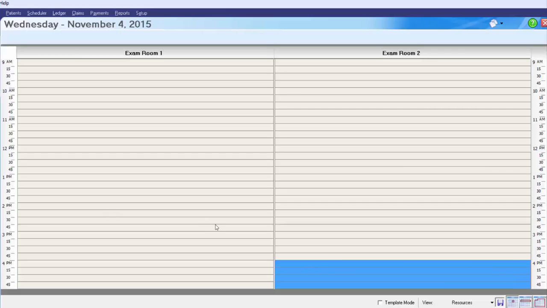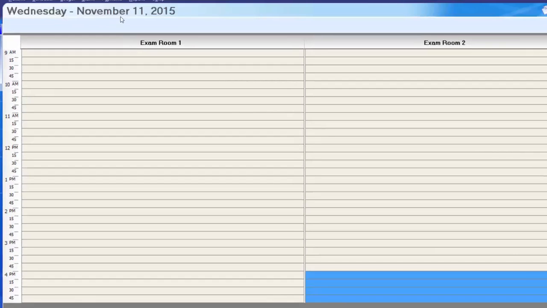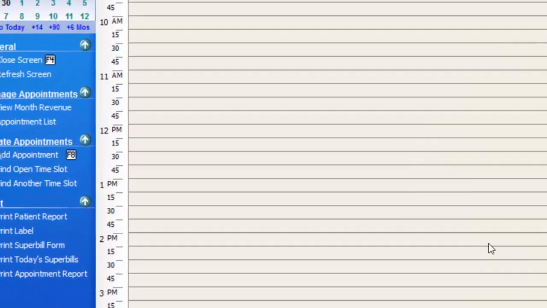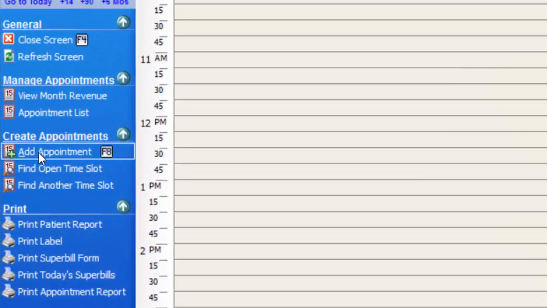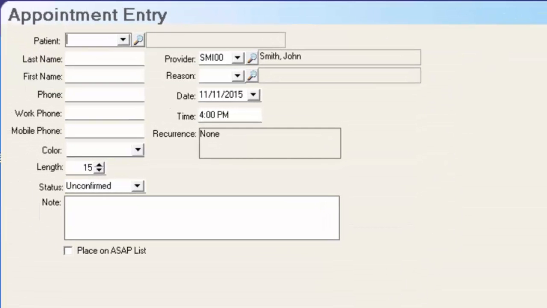If that time slot does not happen to work out for that patient, we're going to go to the options menu and click Find Another Time Slot. And it takes us to Wednesday, November 11th at 4 p.m. If the patient does agree to that day and time, we're going to go ahead and click on the single line where we would like the appointment to begin, and I'm going to click Add Appointment from the options menu. I can simply double click on this time slot and it'll do the same thing as selecting the time and